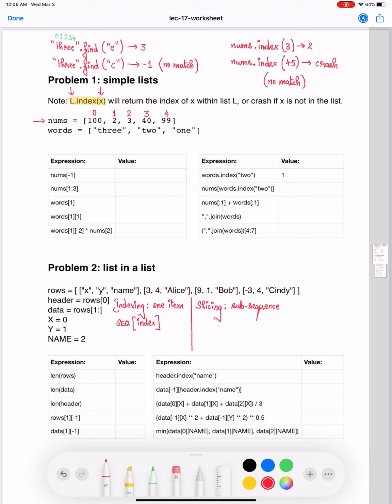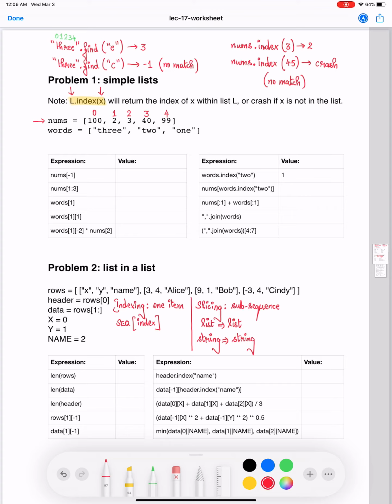What do I mean by that? If you slice a list, you're going to get a list subsequence. If you slice a string, you're going to get a string as subsequence. Immaterial of the number of items within the sliced subsequence, you're always going to get a subsequence of the same type as the original sequence.